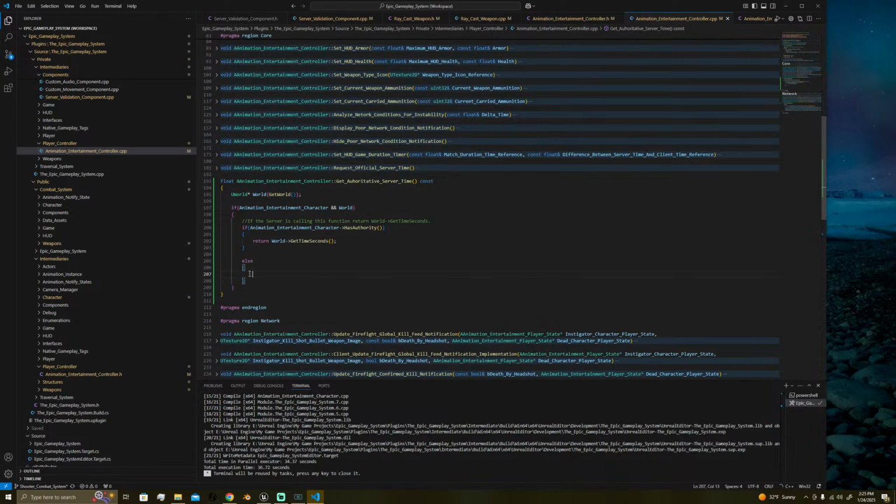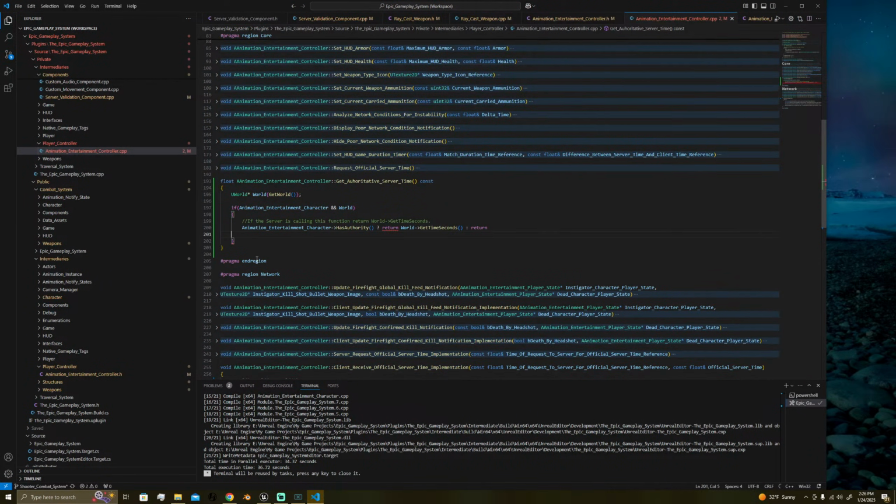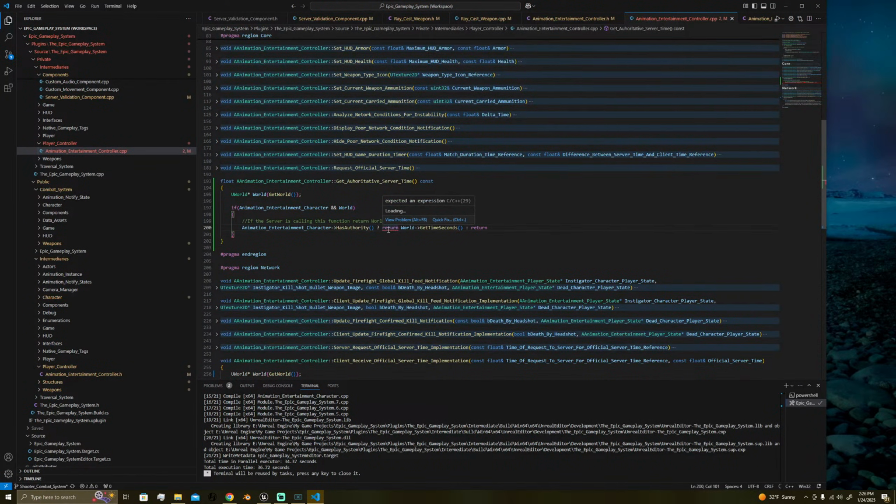Or I think there's a more elegant way to write this. I'm going to write it like this: if so, return this. Otherwise, return something else. So we're checking if this has authority. If it does, return this. Otherwise, return